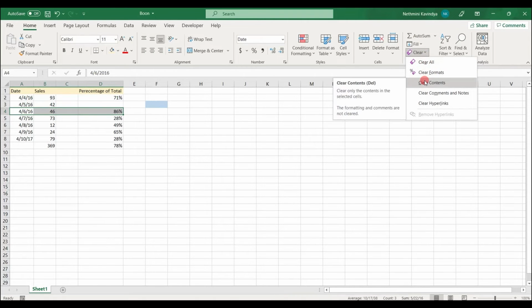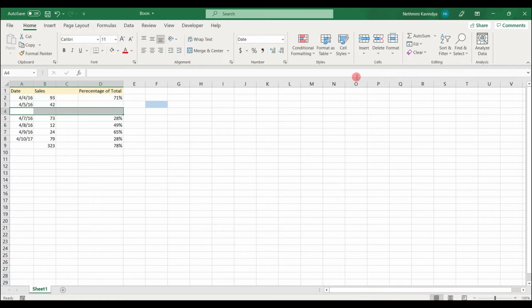Clear content. So now you can see it clear the content, but the row is still there. So if you want to delete the cells altogether with the data, you have to click on this delete command. Then select delete sheet rows. Now you can see the column has almost deleted,